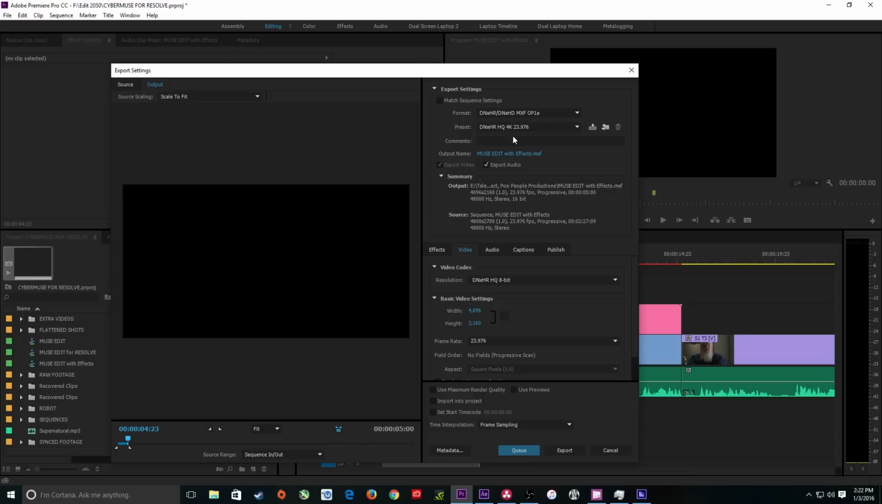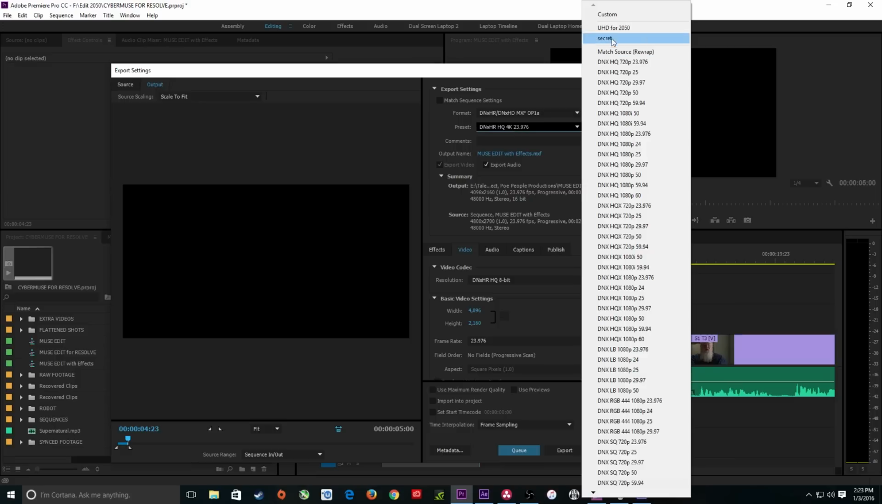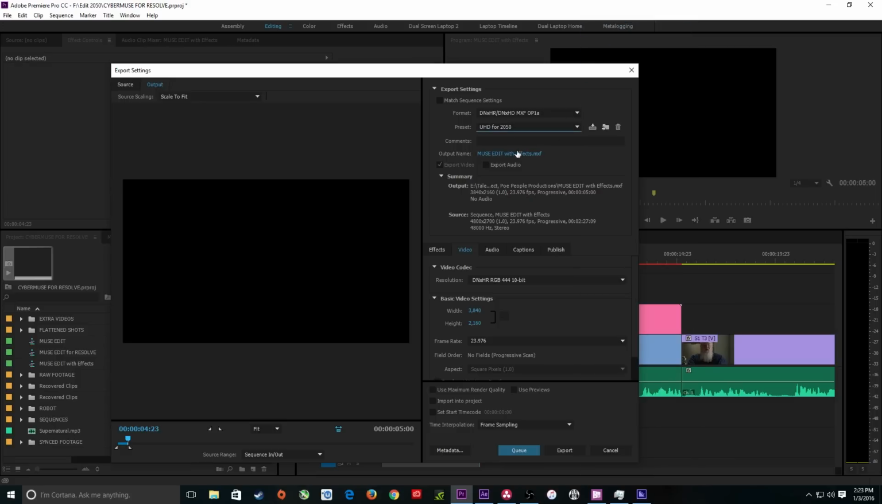And from here I'm going to have to choose the same thing. Let's see, I'm going to use my DNX. And actually my preset should be saved. Here I'm going to click and tell it to use my UHD 2050 there. And that's the same preset. I'm going to call this black. I'm going to click on this,